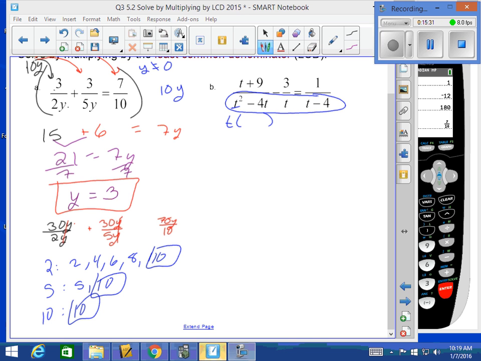Now if I divide each of these by t, t squared divided by t is just t. Negative 4 divided by t is negative 4. So that's what this one becomes. So you always have to make sure that denominator is factored. You might sometimes have to do an x factor if there are 3 terms in it, but just make sure it's